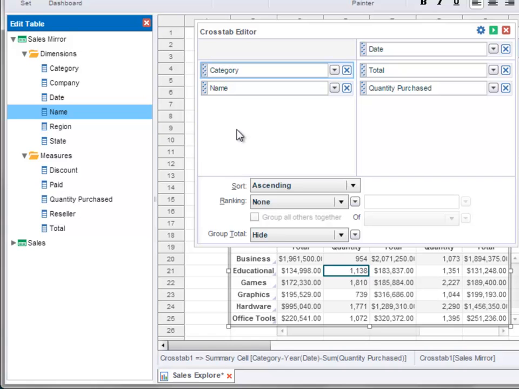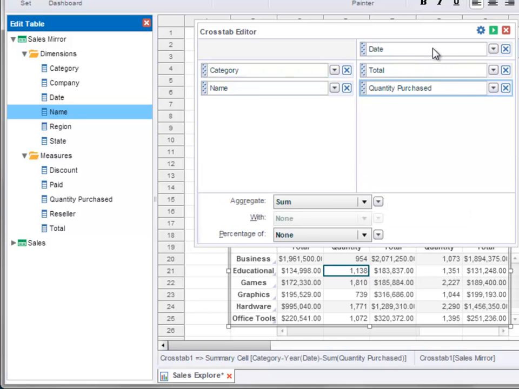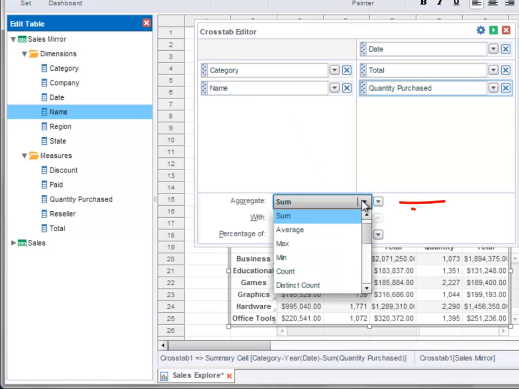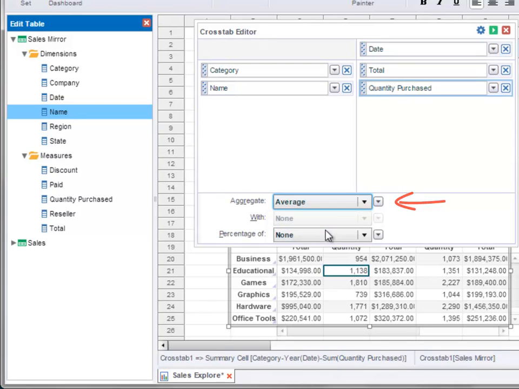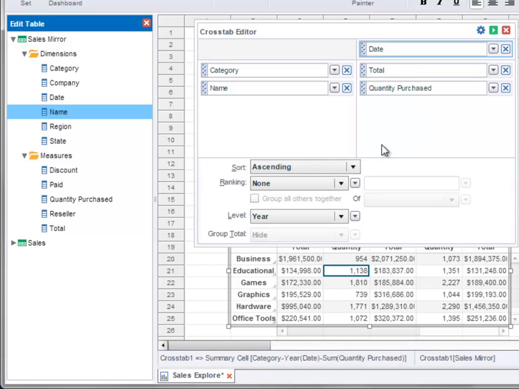You can also change the aggregation method used for a measure. For example, if we want to average the quantity purchased for each date group, category group, and name group rather than sum the quantity purchased, we can change the aggregate property here from sum to average. Likewise, if we want to change the date grouping level from year to, for example, month, change the level property here